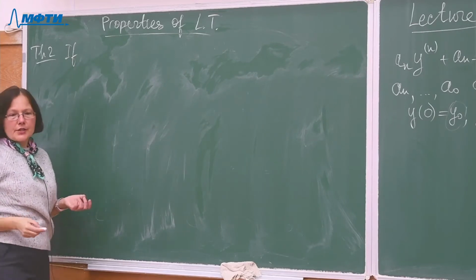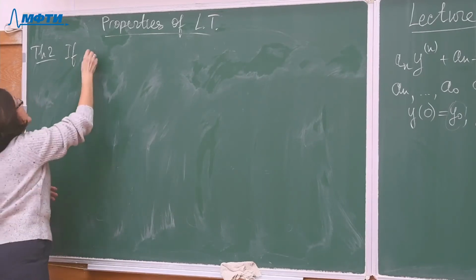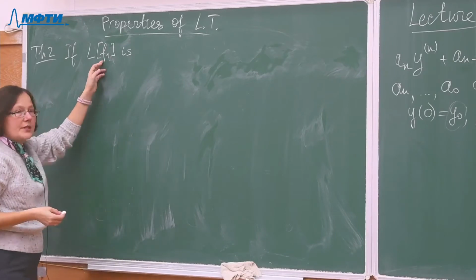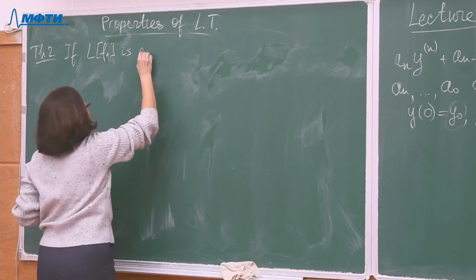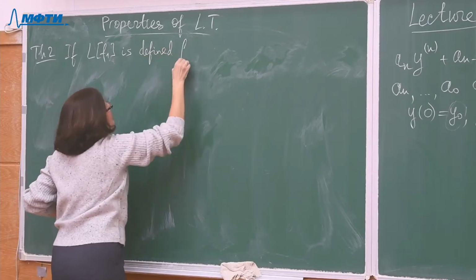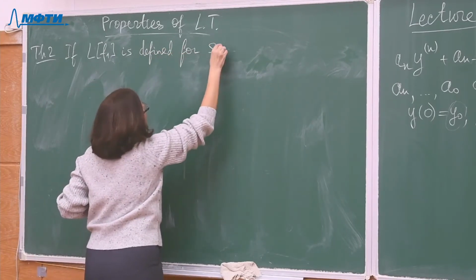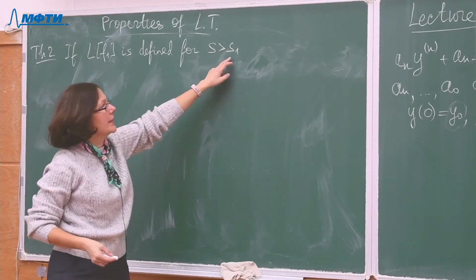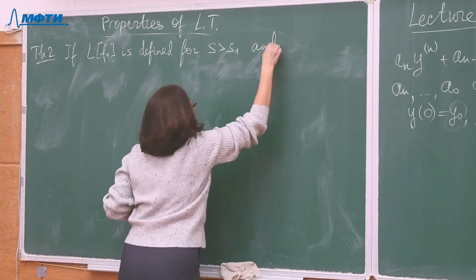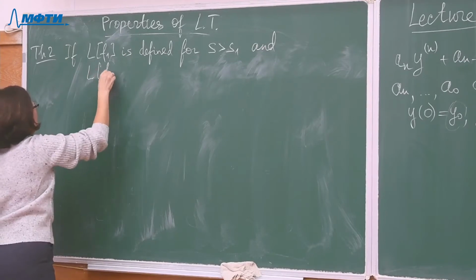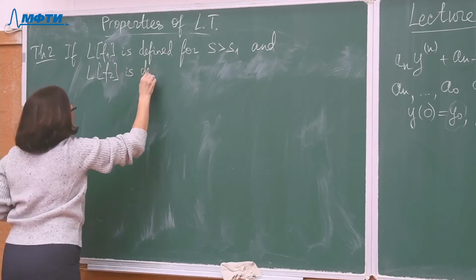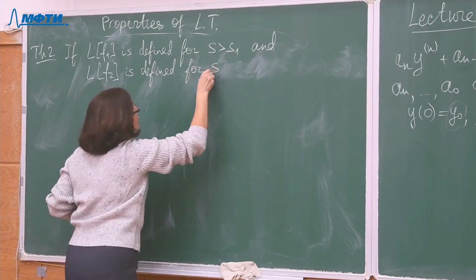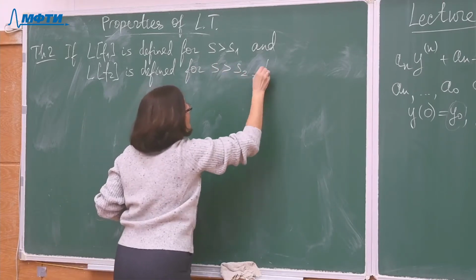Given two functions, f1 and f2, if L of f1 is defined, so this means that it is convergent, for all values of s that are greater than s1, and L of f2 is defined for s greater than s2, then